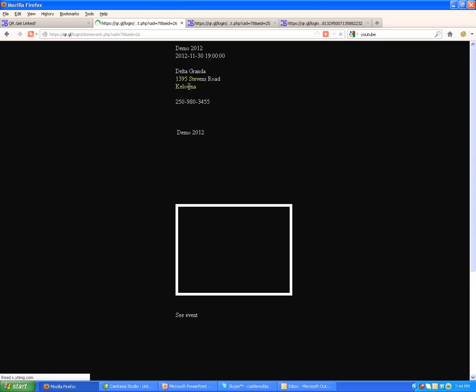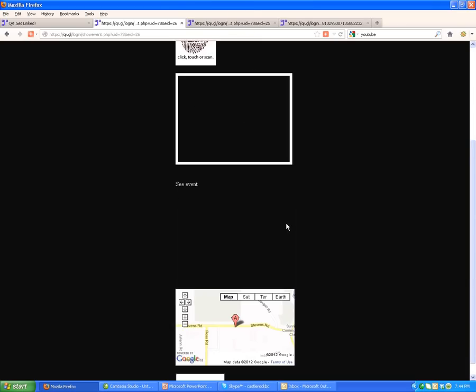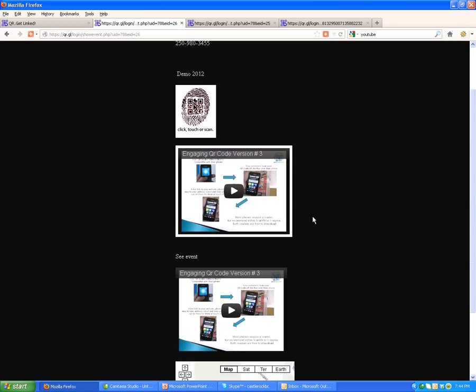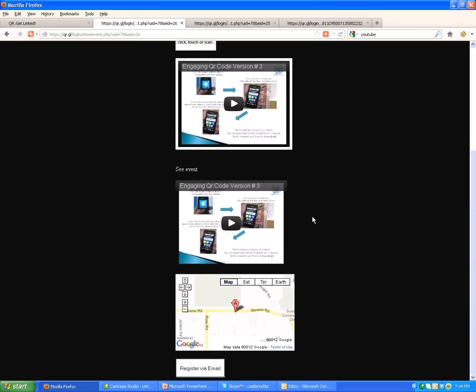It's now loading. It's bringing up the event, and it's going to have the Google Map in here. It should have the Google Map, and there it is. There's the Google Map, and there's my videos. I got my videos in there twice. Okay, and here is where I register. Okay, and once I hit, it says register via email. So if I click register,